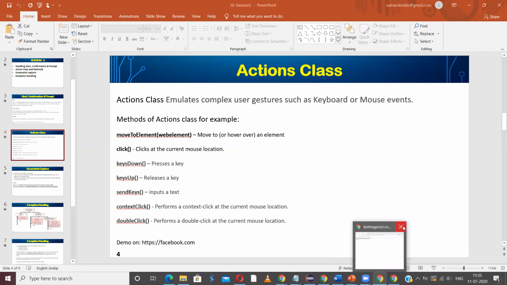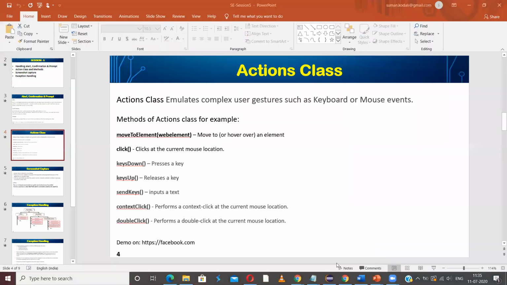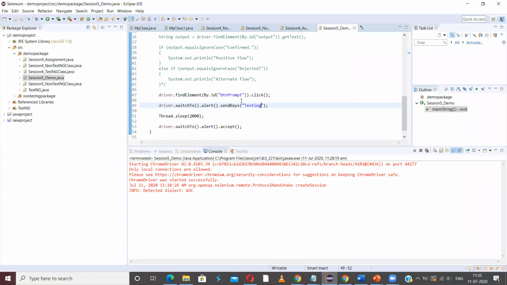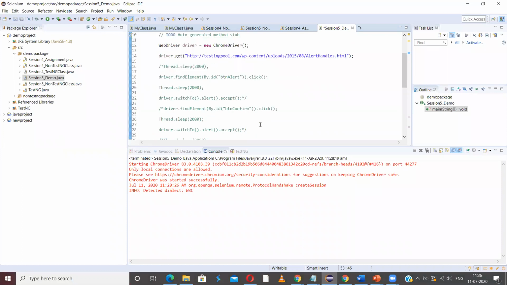Let me close all these browsers which were opened earlier. Let me go to my Eclipse and comment all this out. Now, to explain this concept of the Actions class and methods, I am using Facebook, so let me open facebook.com.